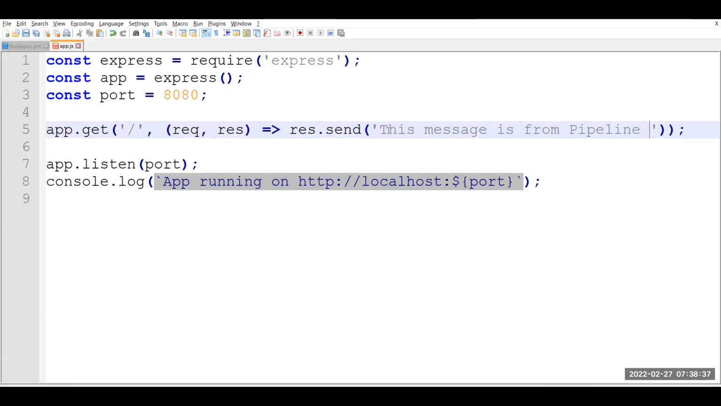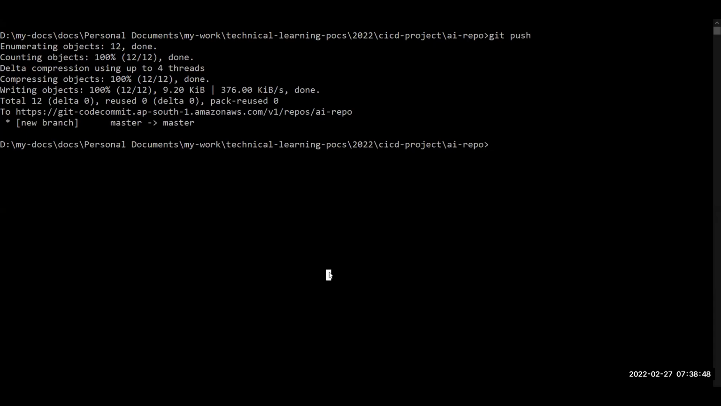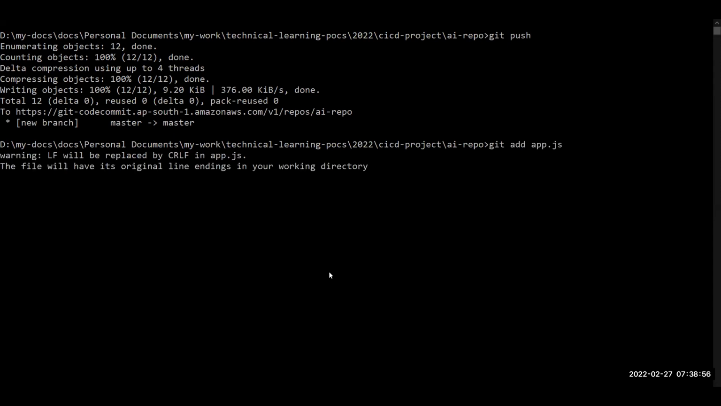Pipeline, something like this we can give. Simply save it. Now I'm the developer, my role, I will not take care of deployment and every other part. Now simply I will push my changes. I will say git add app.js file, because I made my changes in this file only. I will simply say enter, and now I will say git